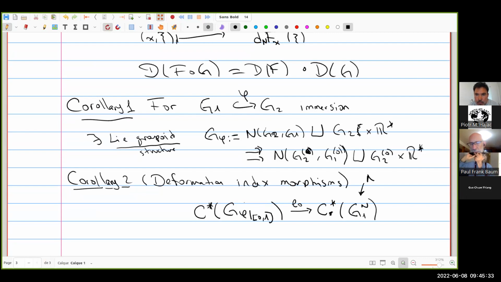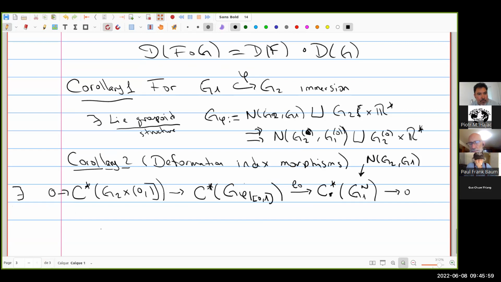This is this normal bundle, and here you have the kernel, which is computed geometrically by what is on the other side. So there exists this short exact sequence of C-star algebras,